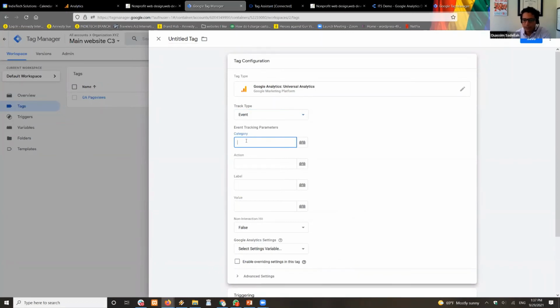There are a couple of things. There are a lot of fields. Don't get confused, they're not that complicated. There's category, action, label, value. I don't add that much, and the rest I usually leave as default. So under category, action, and label, where is that coming from? If I come back here,